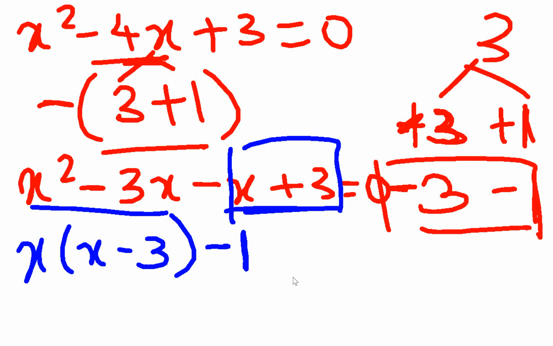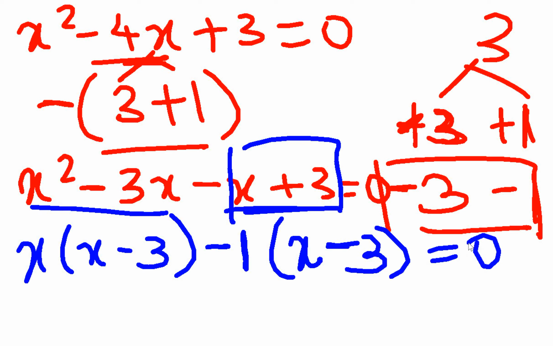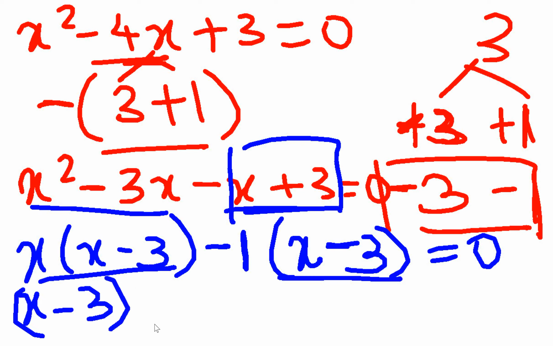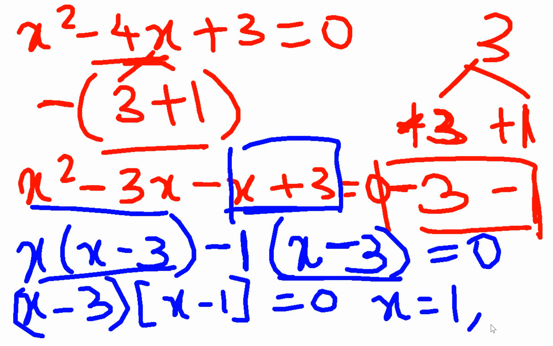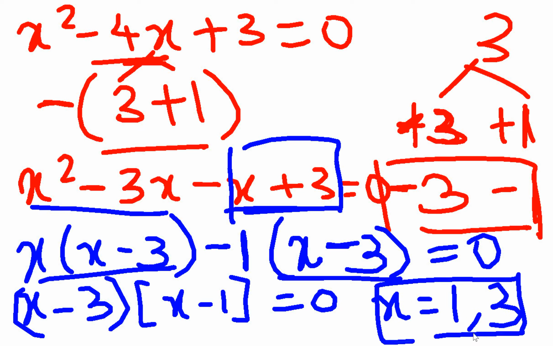So if I choose minus 1, I will have x. Since I'm choosing minus 1 here, it should be minus 3 inside the bracket equal to 0. So from these terms, x into x minus 3 and minus 1 into x minus 3, I have x minus 3 in common. So I can take x minus 3 as common. I will have x minus 1 in the bracket. So x minus 3 and x minus 1 are the factors, and plus 1 and plus 3 are the solutions or the roots of the equation. So let's move on to the next problem.